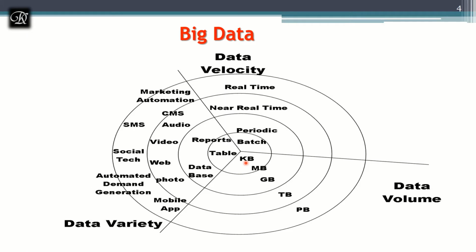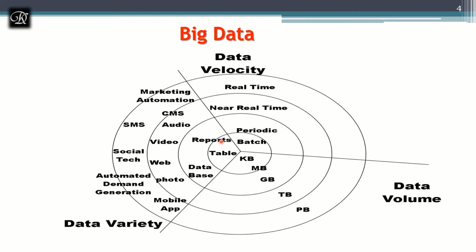I told you we are in exabytes, zettabytes, and yet to come, yottabytes. So these are all the data volumes we are going to take, but already we are in the exabyte. Here I have not mentioned it, but we are in exabytes. And next, the variety. From which sources are we getting data?